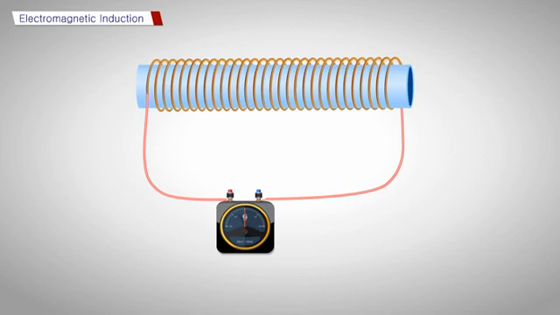We need to bring a strong bar magnet near the coil. Slowly, start moving the north pole of the bar magnet towards one side of the coil. We see deflection in the galvanometer. This is because the movement of the magnet has created an electric current. Now, stop moving the magnet. We notice that the deflection in the galvanometer also stops. This shows that when the movement of the magnet stops, the generation of current also stops.